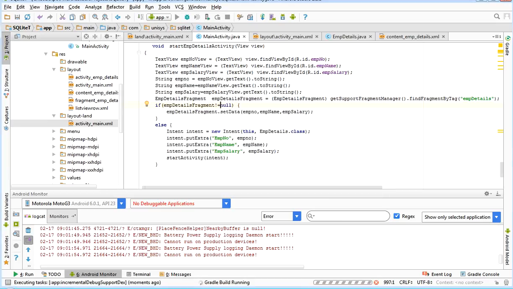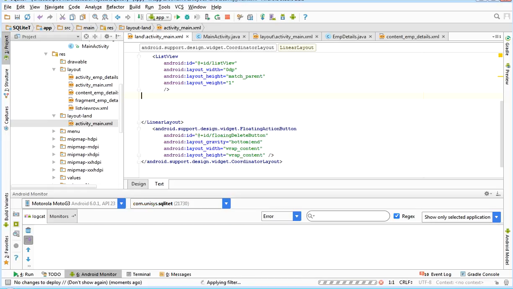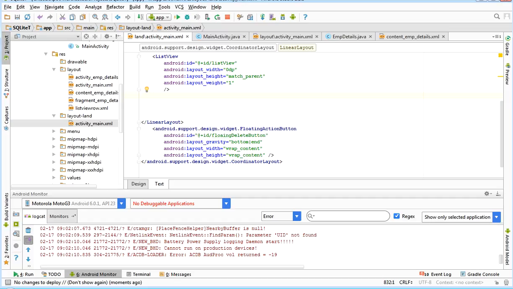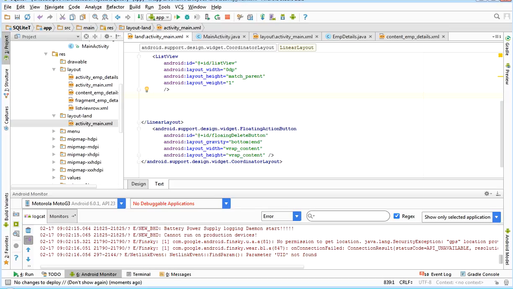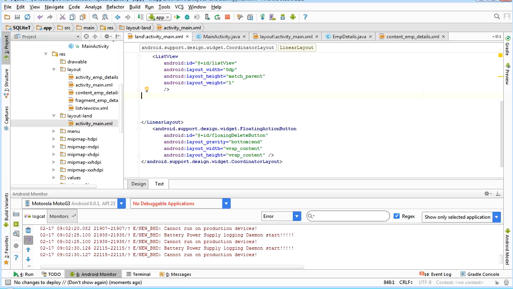I think it's not deployed, or that might be the problem. Which one is right? F4 stopped it.